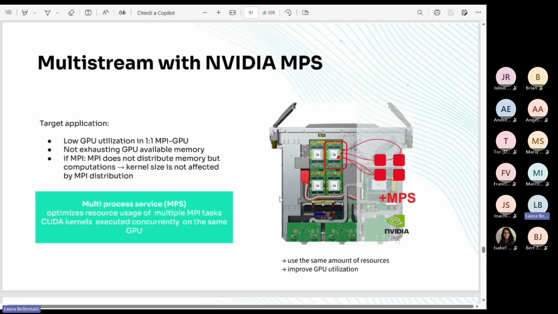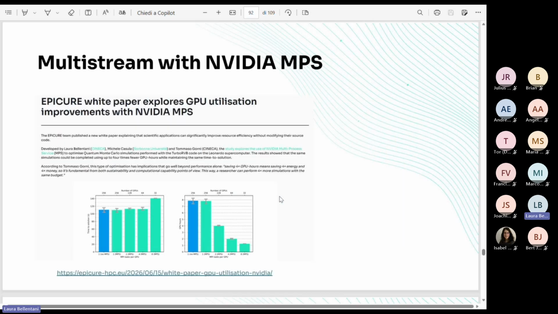Multi-Process Service is a technology available for NVIDIA GPUs, which optimizes the use of resources when launching multiple MPI tasks, multiple processes, on the same GPU. It basically helps to schedule the activity among concurrent streams. Now, if you are interested in the findings, you can find all the information in this white paper that has been recently published on our media.